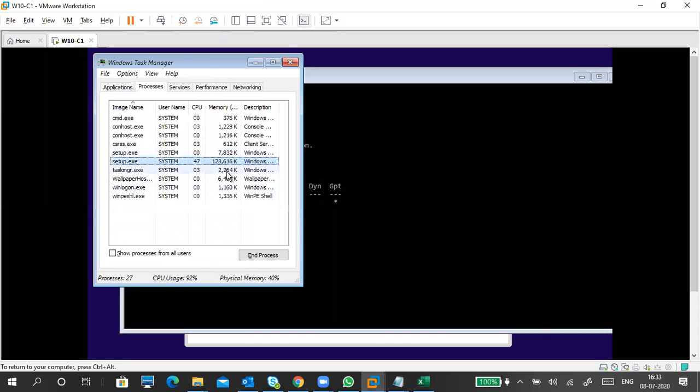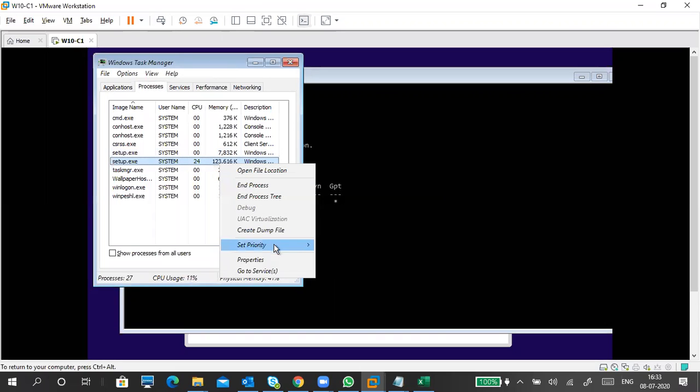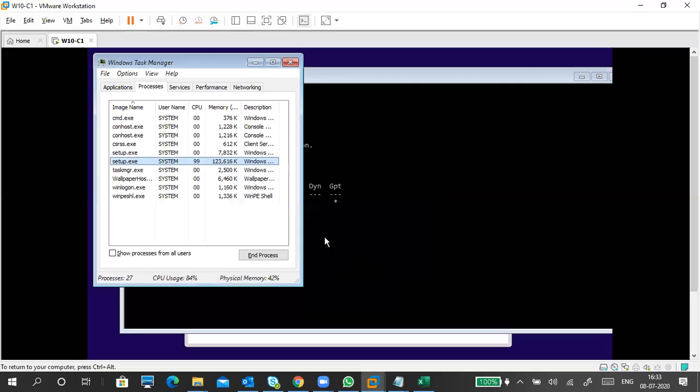Okay, if you increase the priority to real time or high, it means it will install faster. In an old system like XP or 2000, it would install very fast, it might save you 5 minutes, but now there is not that much difference.